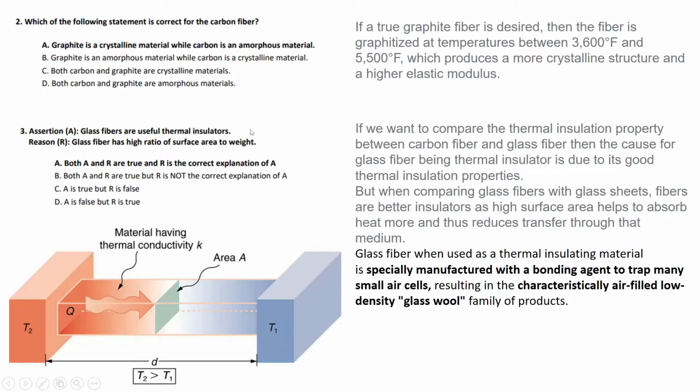This doesn't directly correlate with this, but yes, if you are specifically purchasing glass fibers which would be used as thermal insulators, then compared to normal glass fibers, you should go for glass fibers which are coated with bonding agents or sizing agents which support trapping materials which would increase its insulation further. Like, this is not completely correlated to this question, but yes, it's extra information which, if you are in this course, you should know: whatever extra things could be incorporated into our design further so that our composite design is even better and its performance is high as per our applications.